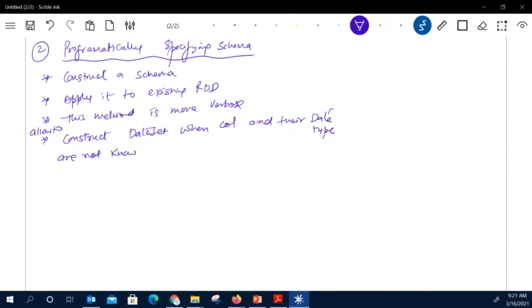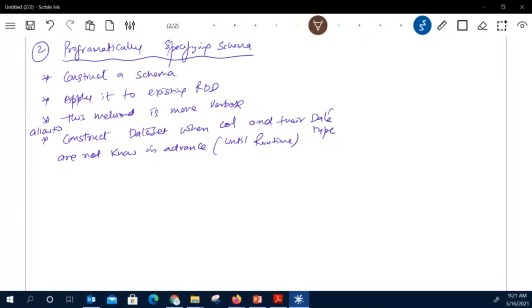In the earlier one we should know the schema in advance, and here if you don't know the data types in advance, until runtime, then we can apply this approach.